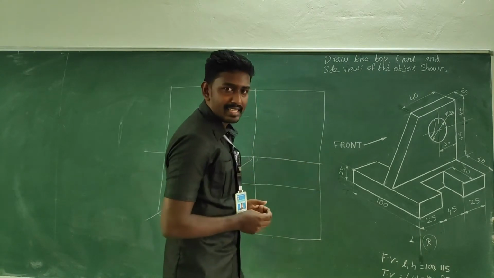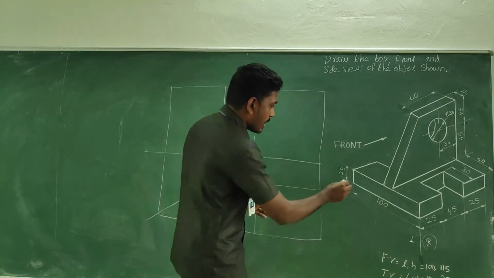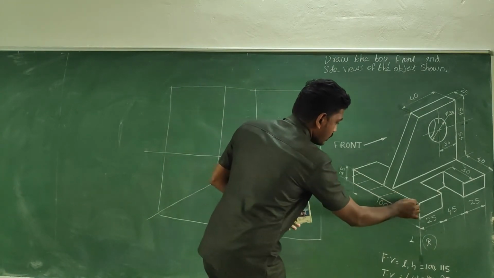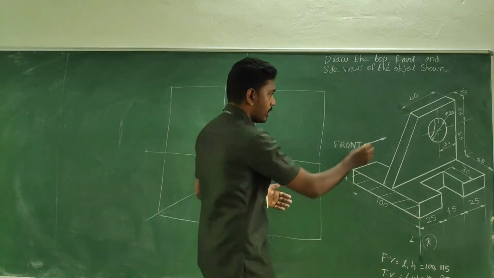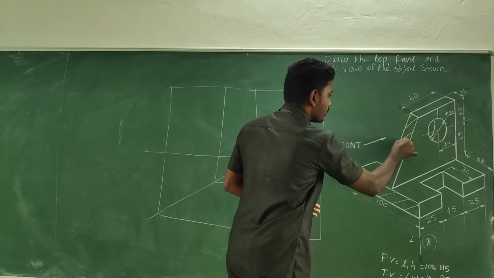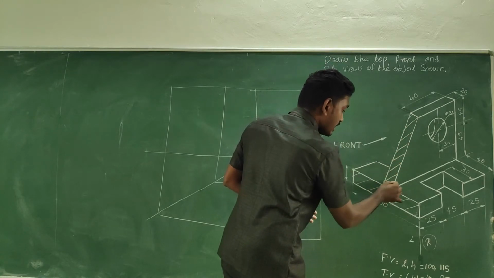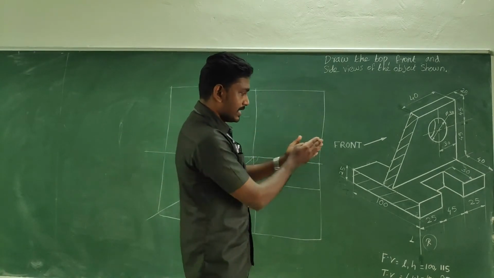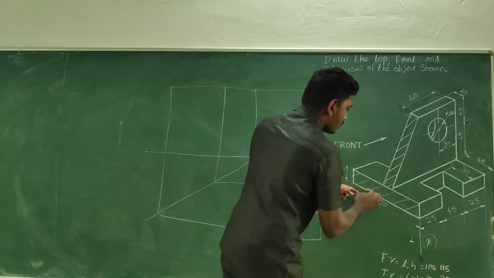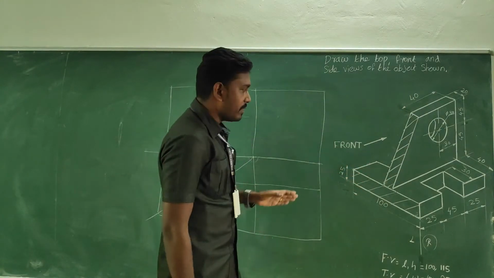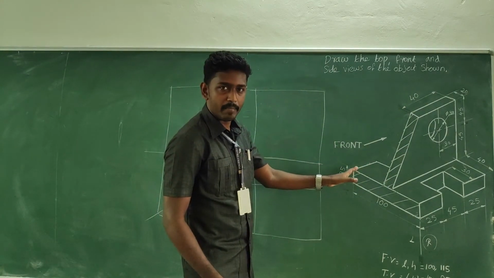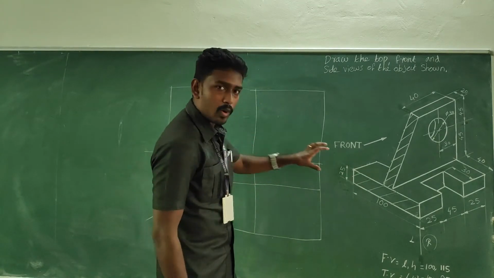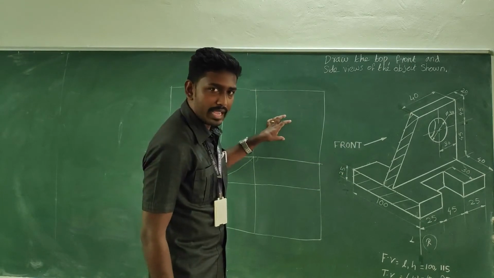If you have an exact imagination, you could see this base surface as well as this wall surface. Am I right? If you take a very good 90-degree, or right angle, view in this direction, this base as well as this wall face should be visible to you. Can you get me? Yes, right. So now we are going to describe this detail of the front view within the boundary.